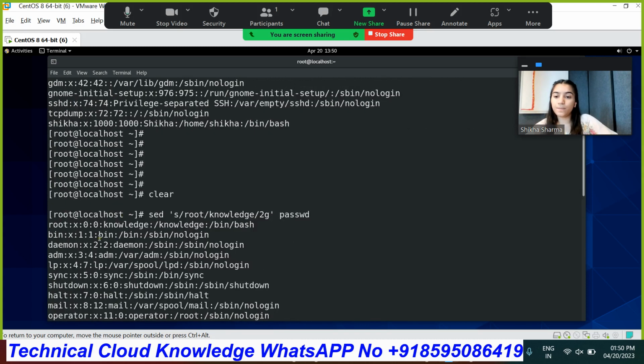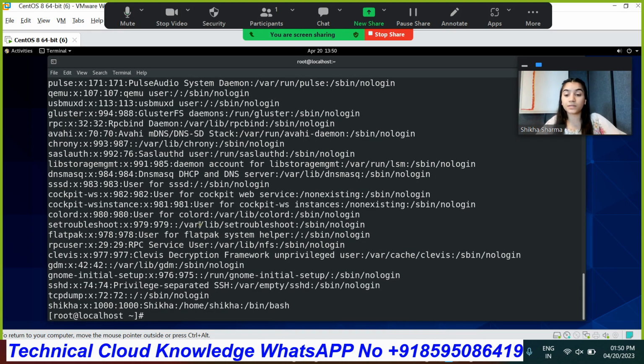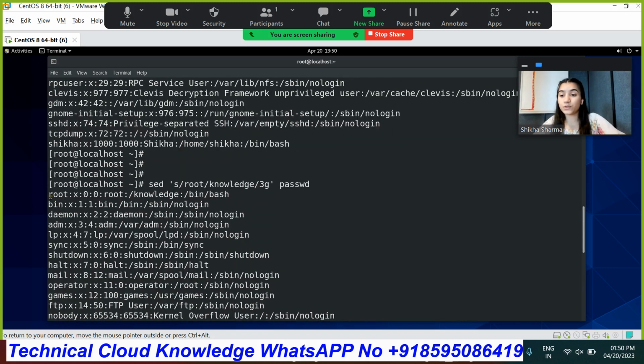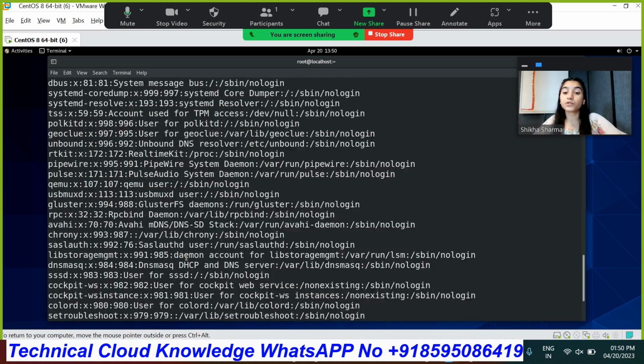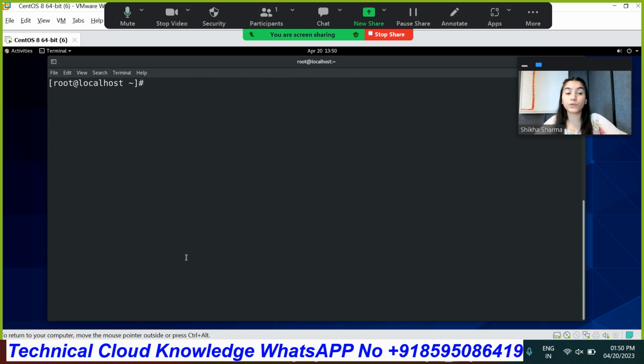So as you can see, the first one hasn't been changed, but the second and the third one are changed. You can do that as well. If I want that wherever the root word comes the third time, just change that, as you can see the first and second stay as they are, but the third word is changed. So that's how we can specify the pattern or the expression according to ourselves to get the output. Okay,